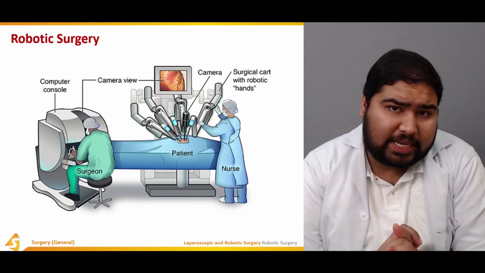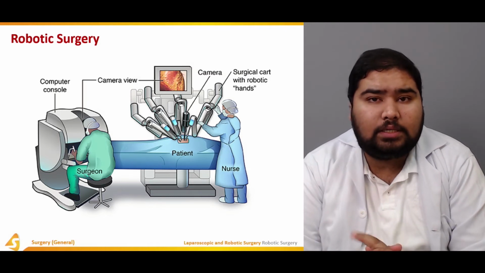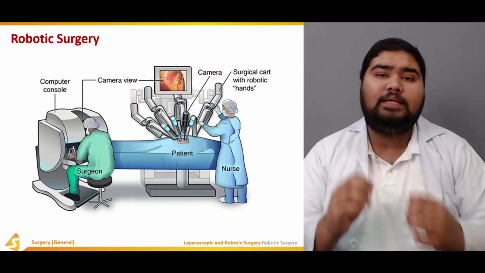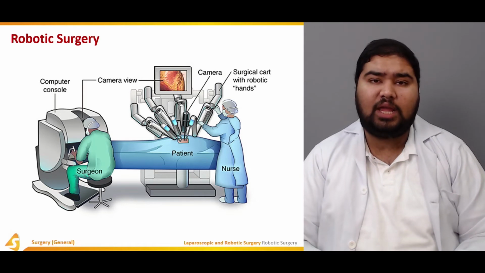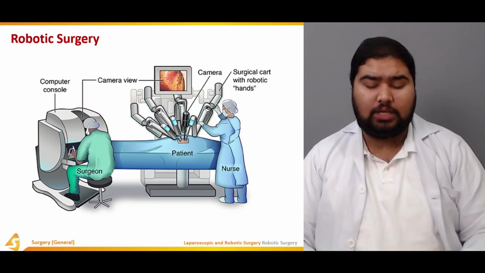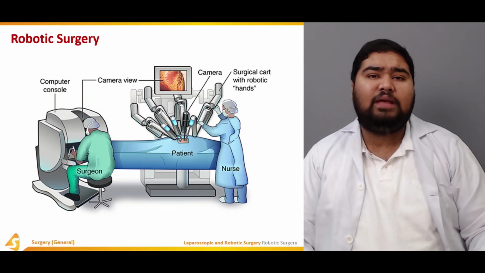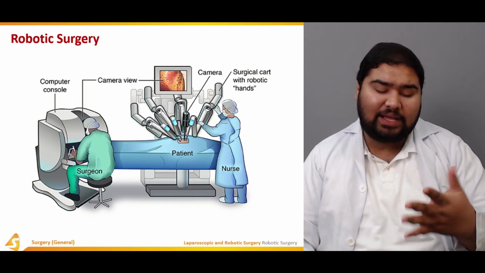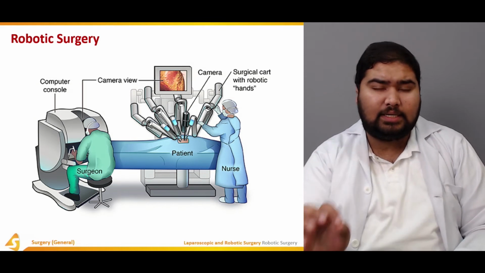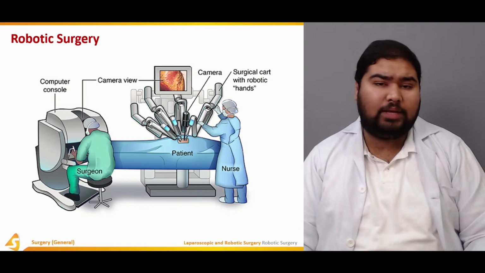Now, the concept is of a master and a slave. The surgeon is the master, the robot is the slave, and the patient is there on the table. The surgeon performs the surgery on a computerized screen right in front of the surgeon. Now, this performance is free of human error. For example, if a surgeon has a hand tremor, this hand tremor is compensated by this surgical cart with the surgical robotic hands. So there's no hand tremor in the robot.